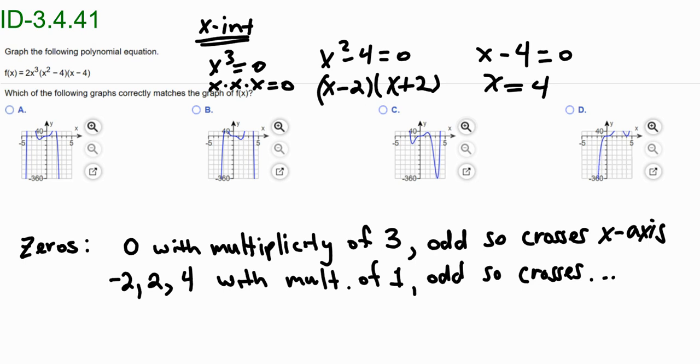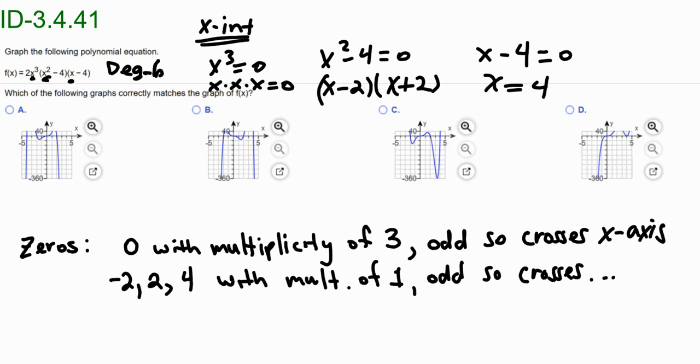So let's go ahead and see which one of these would make the most sense. Notice another thing that I can do to narrow down the choices really fast, before I even look closely at the zeros, is the end behavior. I have x to the power of 3 here, and x to the power of 2 here, and then x to the power of 1. If you add all those together, that is a degree 6 polynomial,